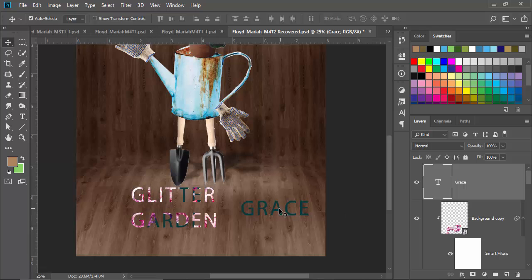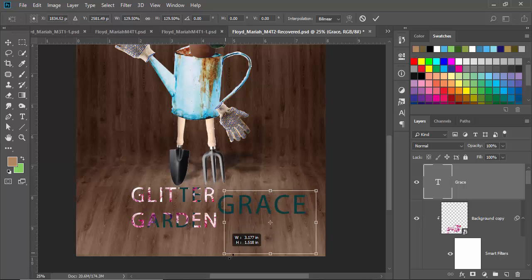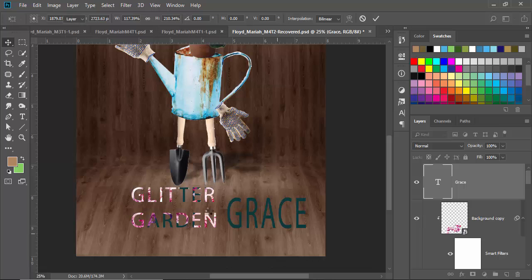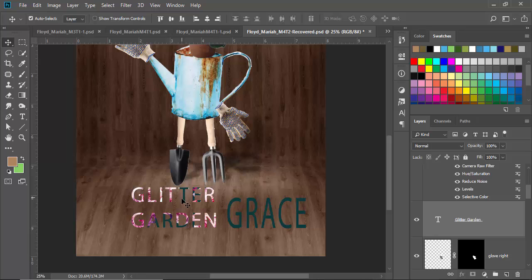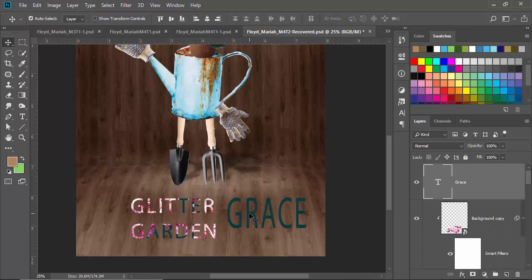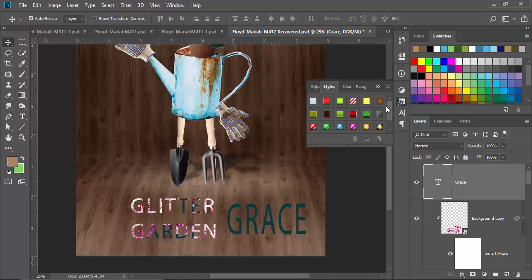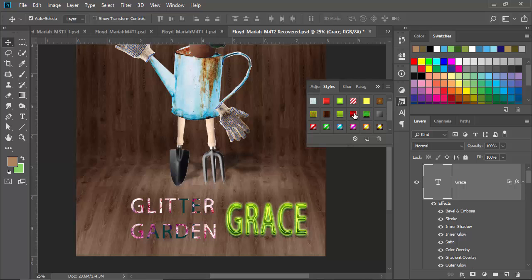Because what you can do is then I would move like Grace over here, and then I can make it a little bit larger with the flow. And then of course what I can do is then move this down. You might want to explore layer styles. So there's a variety of styles that you can download for free that might help enhance that layer. And then you can automatically apply something a little bit different to Grace compared to